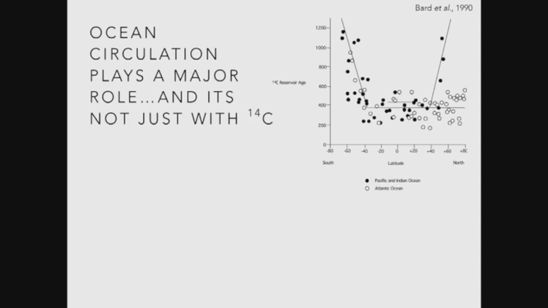Another thing we also have an issue with is the fact that if you look around the world, and particularly in the southern hemisphere, it's not all the same age. Things living today are not the same. This is some work from Edouard Bard and others. It's a latitudinal transect, the Pacific and Indian Ocean in black, and the Atlantic in open circles. And effectively, in the mid to low latitudes, it's about 400 years radiocarbon offset in the surface ocean samples. And at high latitudes, it gets a lot older.